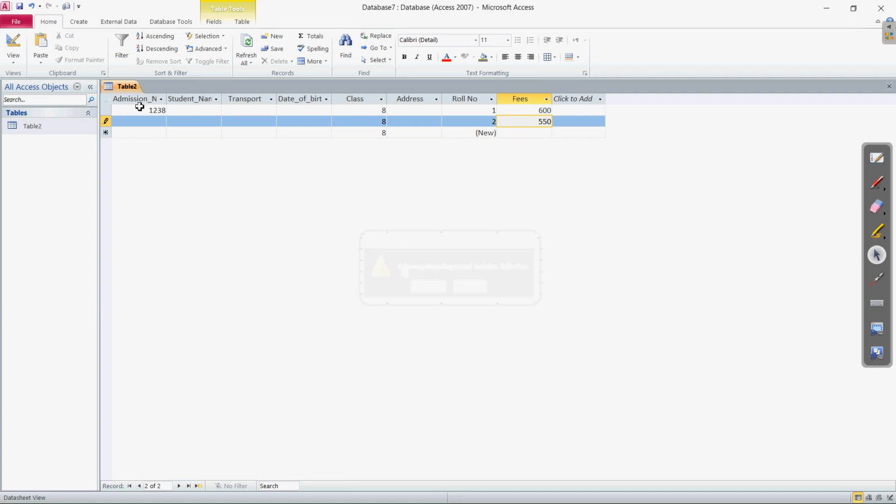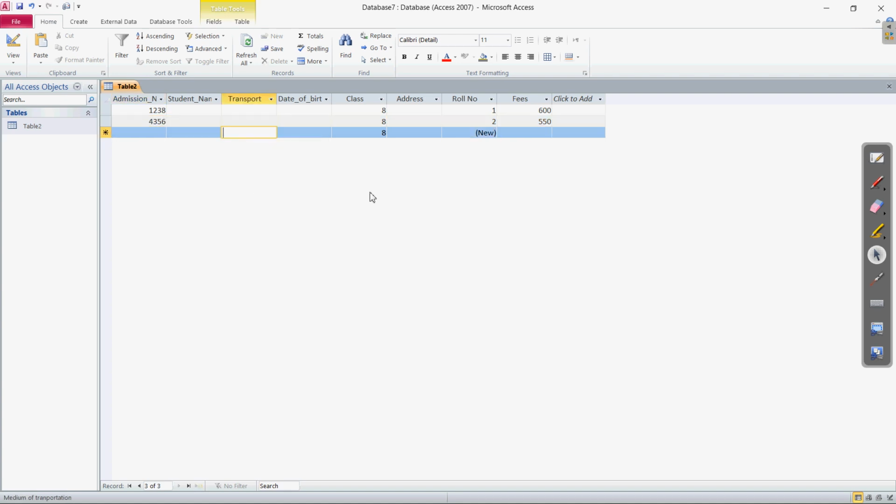So here the error message is for the admission number. If we have made any key a primary key, it is essential to have some value for the primary key, only then it will be saved. Here also you can see the class, every time it is by default 8. Why? Because we have chosen a default value of 8. And the roll number, how is it coming automatically? Because roll number is auto number.